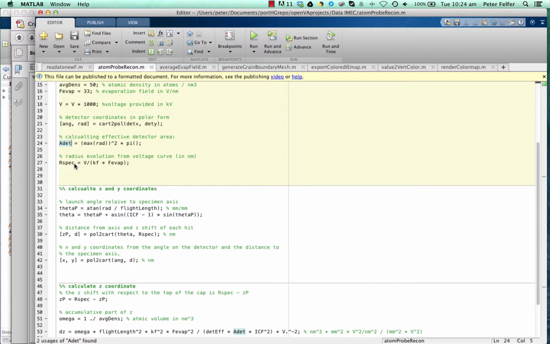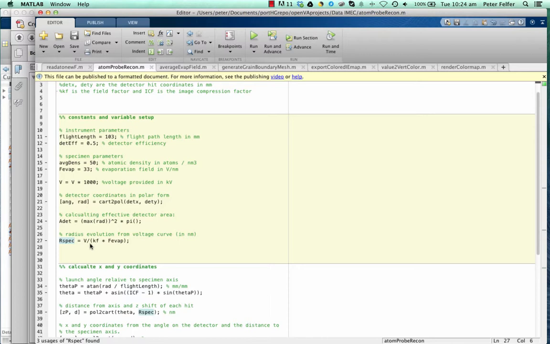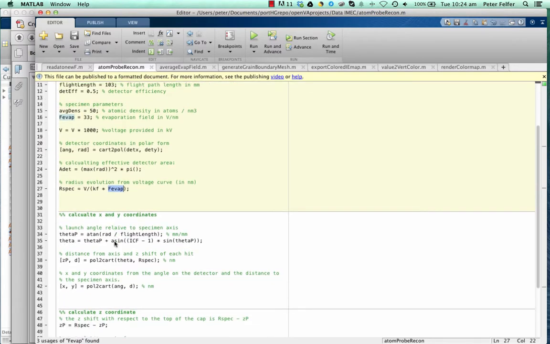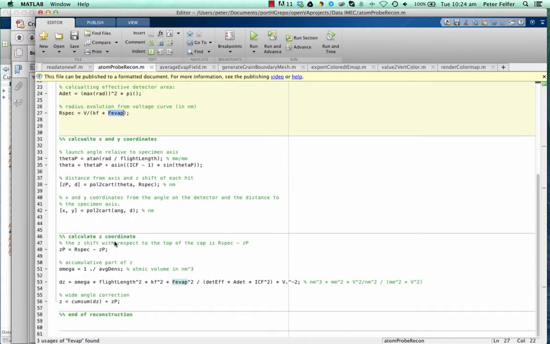And also the radius evolution. So the radius evolution, in this case, we're using the voltage. Of course, there's shank-based reconstruction as well, which makes it even easier. But for now we're using the voltage. So the voltage curve, as I've shown it before, is just divided by the field factor and the evaporation field, and you get the radius evolution. It's very, very simple. And this actually brings you to the xy, to the actual coordinate calculation,